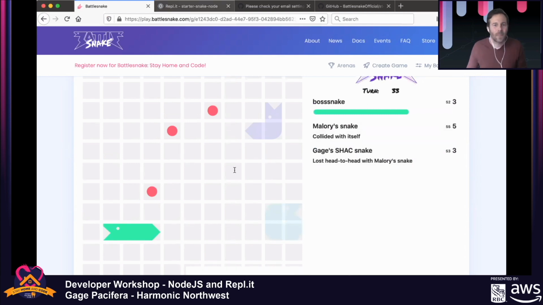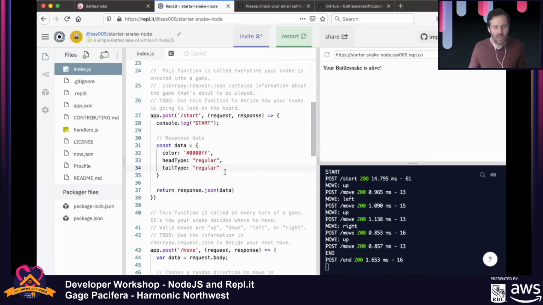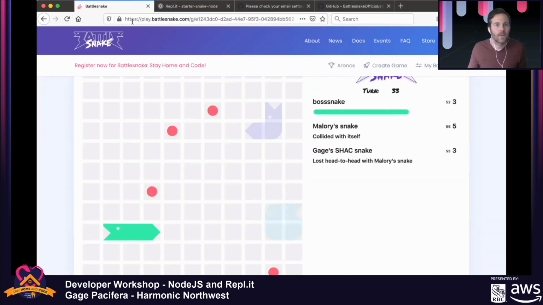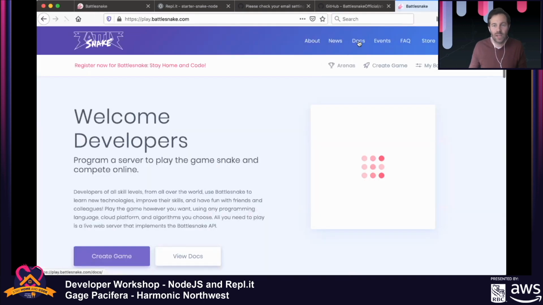So cool. You can also change your head type and tail type. When we initially went to that landing page, you probably saw a bunch of snakes zipping around with different heads and tails. So you can set those. And maybe this is a good time to talk about the documentation that Battlesnake offers. So if you were to go to play.battlesnake.com, up here on the top, we have docs. So if you were to click in the docs,